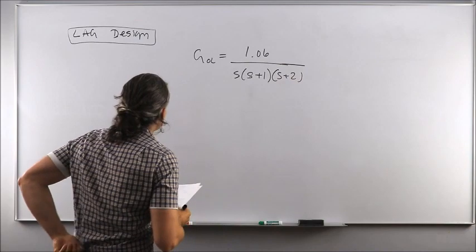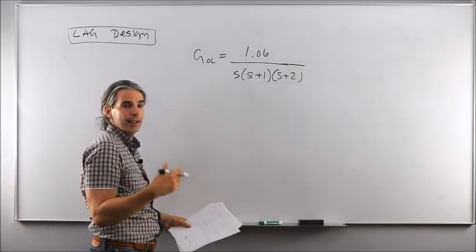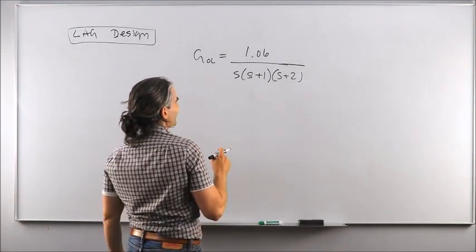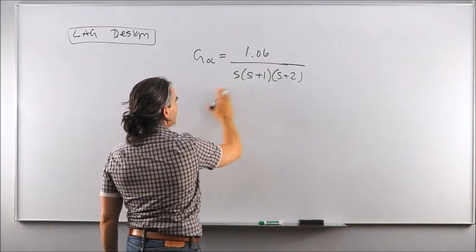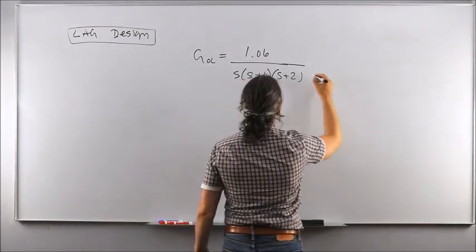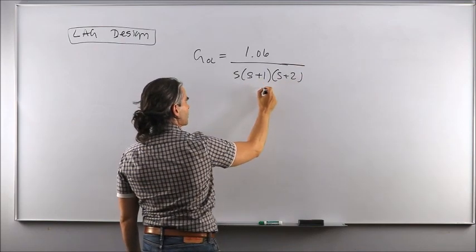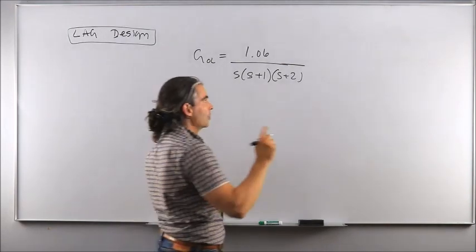Open loop transfer function. I'm going to talk about steady state tracking error, ESS. Not ISS, ESS, okay? So let's start discussing the type of this transfer function. If you look here, we have a pole at s = -2, another pole at s = -1, and one pole at the origin. So this is a type 1